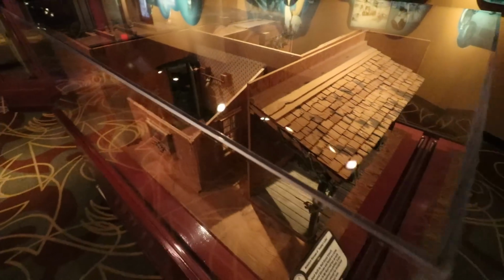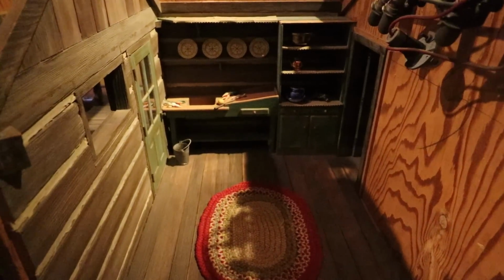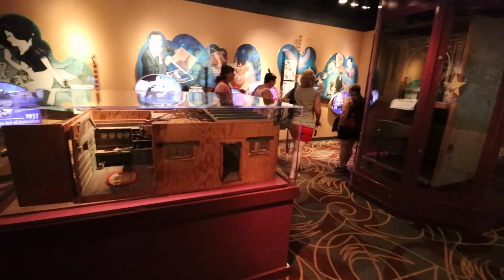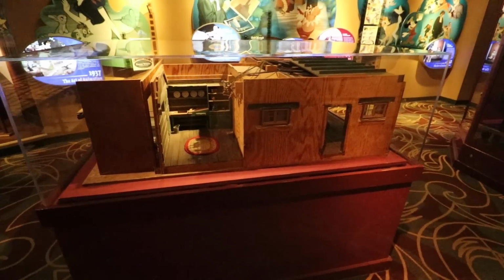Okay, check out this miniature diorama over here. Walt Disney built this. Walt loved miniatures. He collected them from all over the place. Miniature plates, miniature furniture, miniature weapons. And he started displaying them in a series of hand-built dioramas. At one point, Walt Disney put those dioramas on display and called them Walt Disney's Disneylandia. I repeat, Disneylandia. It was Walt Disney's first miniature world and pretty much where the name Disneyland came from, so that is